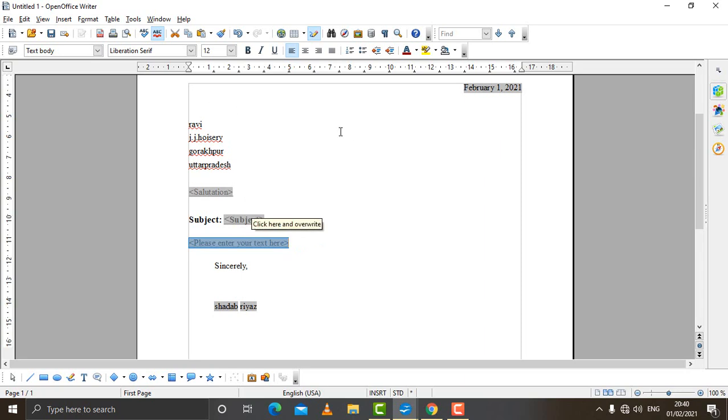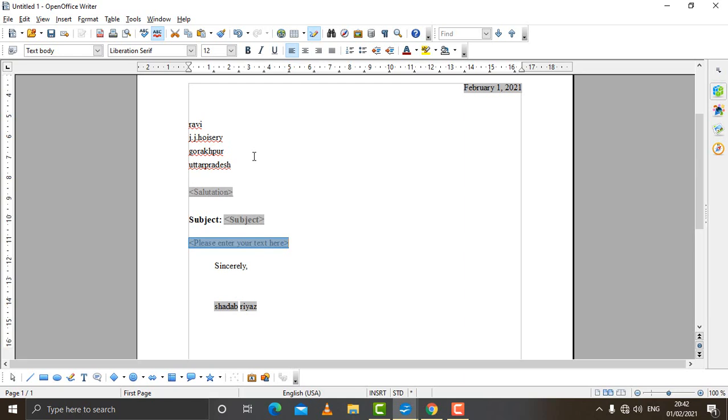It means you do not have to design the layout of the document. The layout is ready, the placeholders are there. The only thing you have to do is click at that place and fill in the information and your document is ready. In a similar way, a number of more templates are there which you can use for creating different types of documents. So this is quite helpful in creating a document quickly without giving much time to designing the document. So this is how we can create a document using a template.